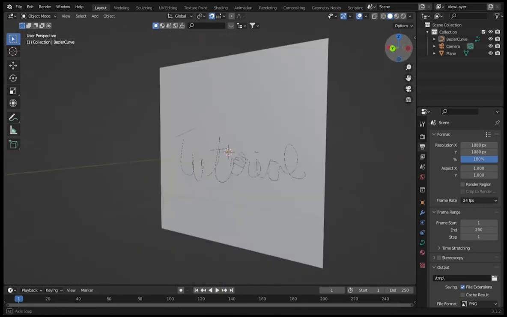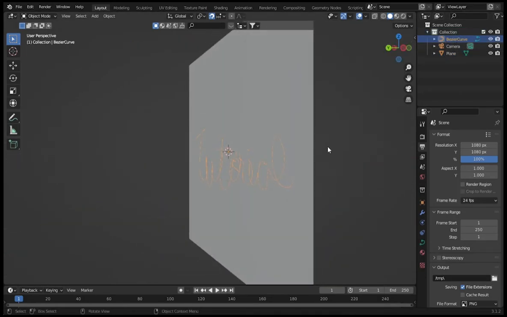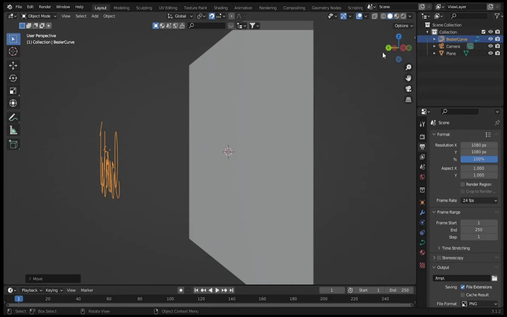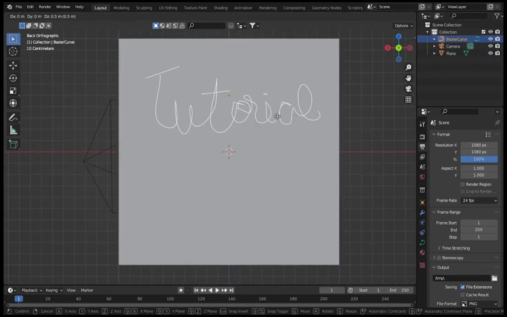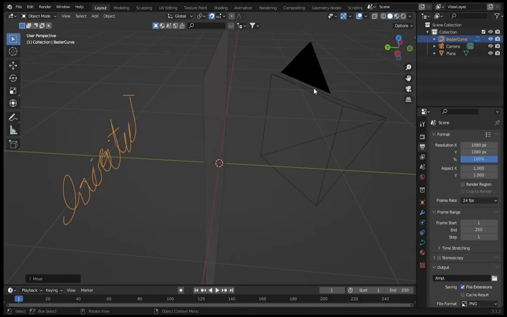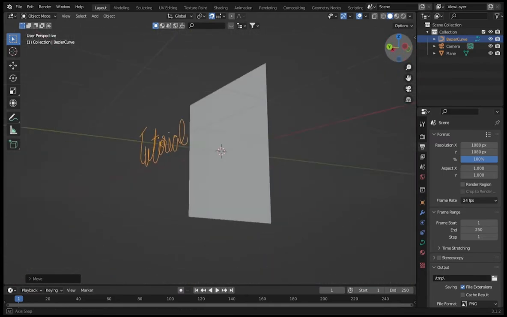Okay, so you have clicked tutorial, you have written tutorial. So come back to object mode, select this. Once you have selected it, you can click on this. You can see you can move it around, snap it to a location that you prefer. But the thing is, the camera is on this side, so there's no point of this being on that side. The camera's on this side, so if you look at the camera's angle, you can't see that tutorial text. So what you gotta do is, you gotta take this,